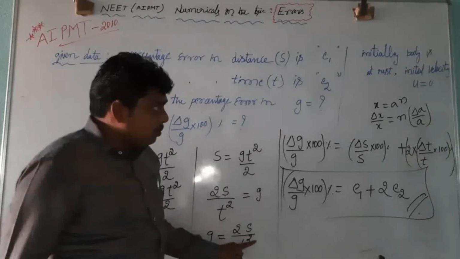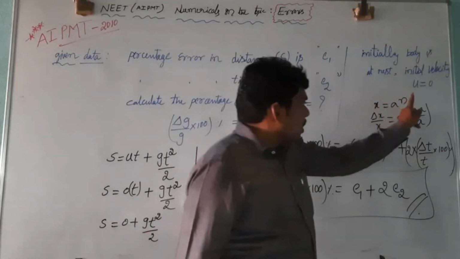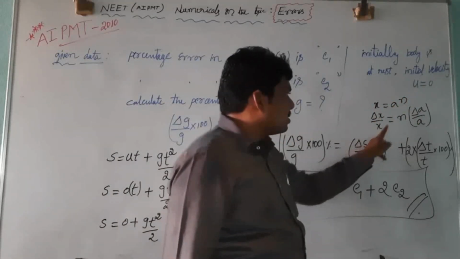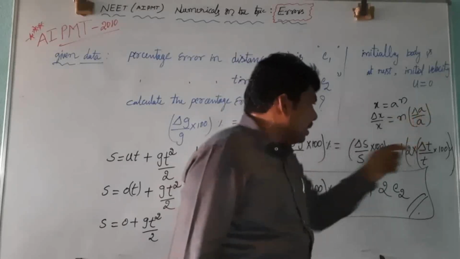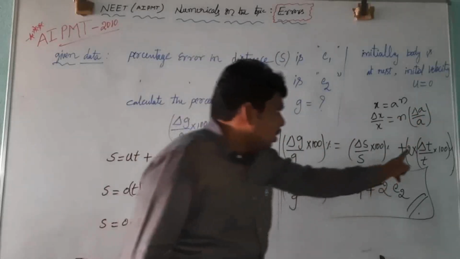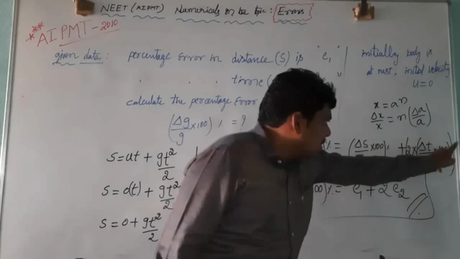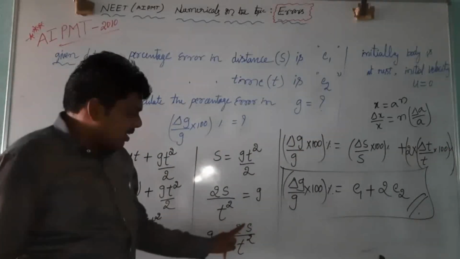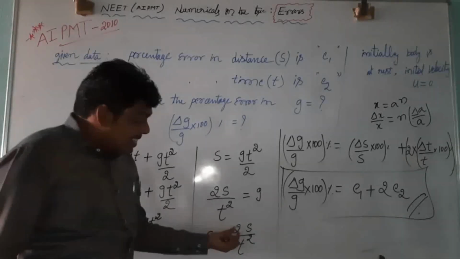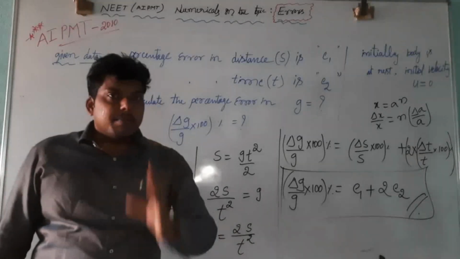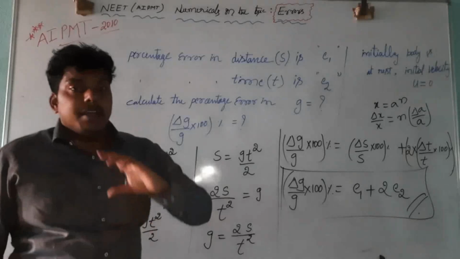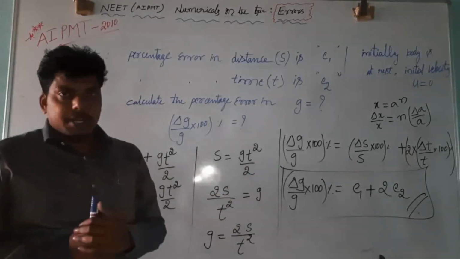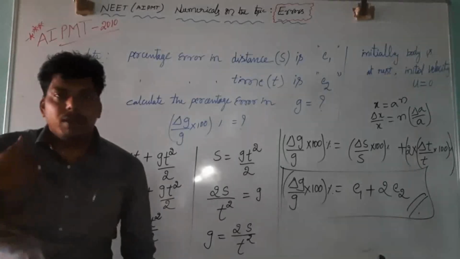So that again we have to use one more formula. X is equal to a to the power n. Relative error in x is given by delta x by x is equal to n into delta a by a. So we have used that one: 2 into delta t by t into 100 percentage. You may think, why we didn't take the 2 for the s or 2 for the t? Because this is the proportionality constant. While determining the errors, we should not consider the proportionality values. Okay. Next, we will move to the fourth question.